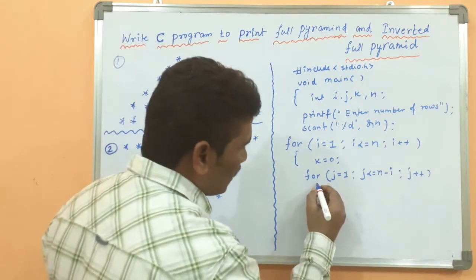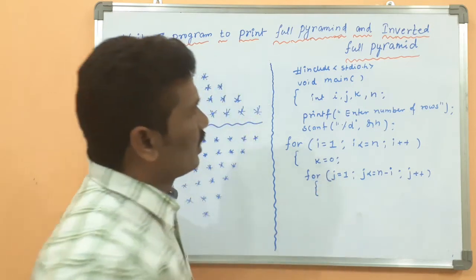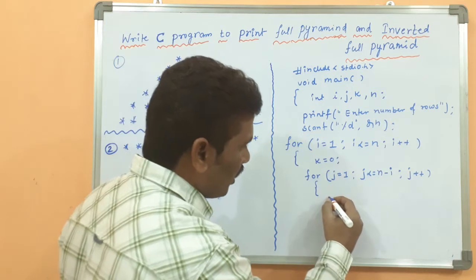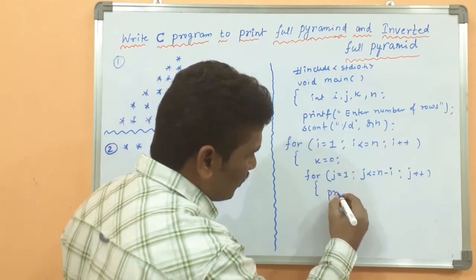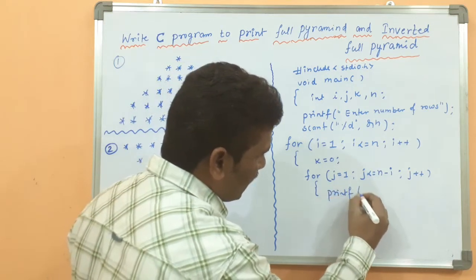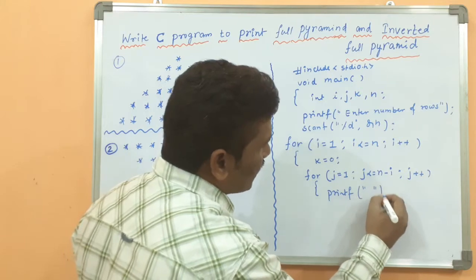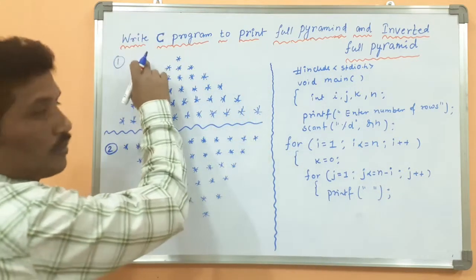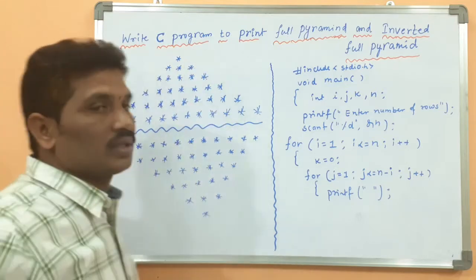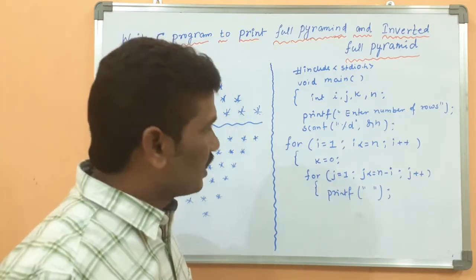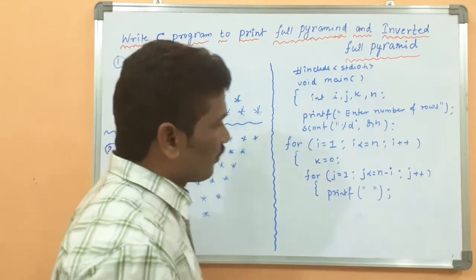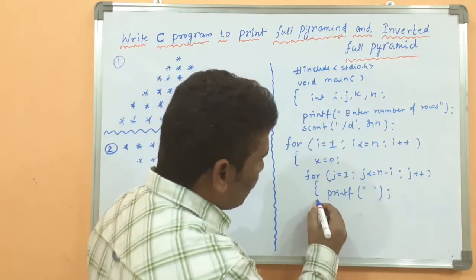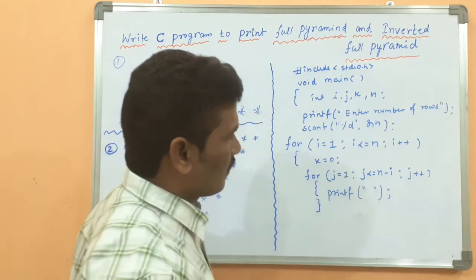Okay, then after that it will be open. Next, the inner for loop, this is called the inner for loop. Then printf, what is the statement you should write? Printf, then a space, because before that you should print the space. Then look at how it is displayed here. Then the for loop should be closed.